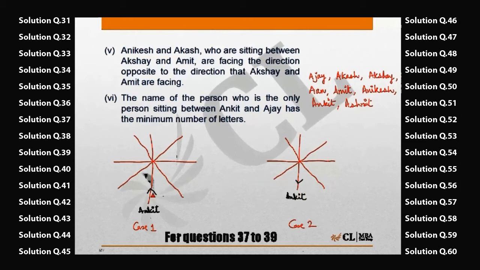So Akshay is sitting second to the right of Ankit. If Ankit is facing the center, Akshay would be here. If Ankit is facing outside, Akshay would be here in this case. So we've taken care of 2 names, Ankit,